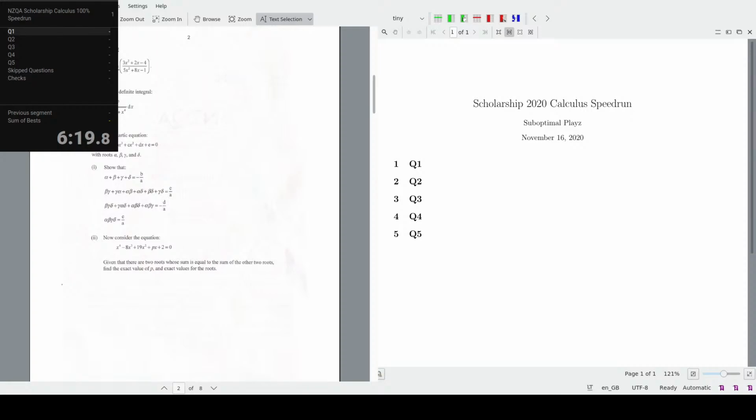And also you get negative a times (alpha beta gamma plus alpha beta delta plus alpha gamma delta plus beta gamma delta) is equal to d, which implies that